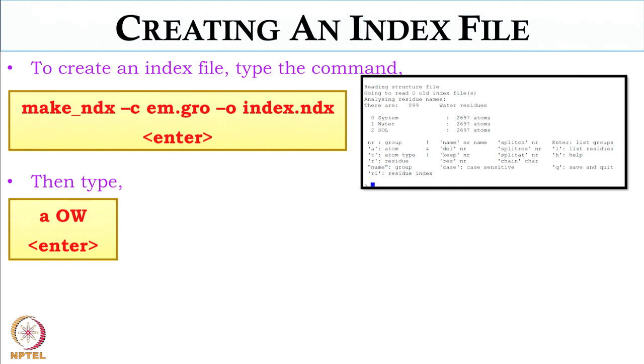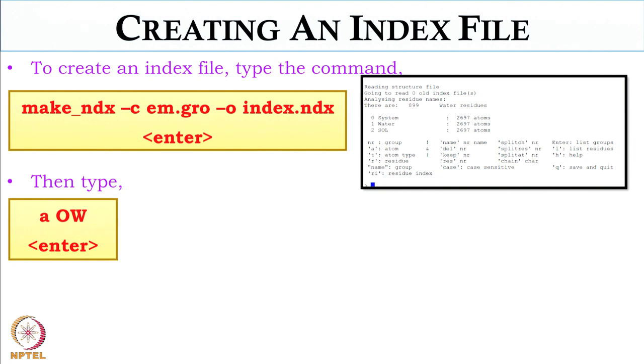Whatever box you have shown on the right, is that an index file? That is not an index file, that is just a command you have given, and after that command this will be displayed on the screen. It is just the display. So now if you want to just save and exit, you just type q.